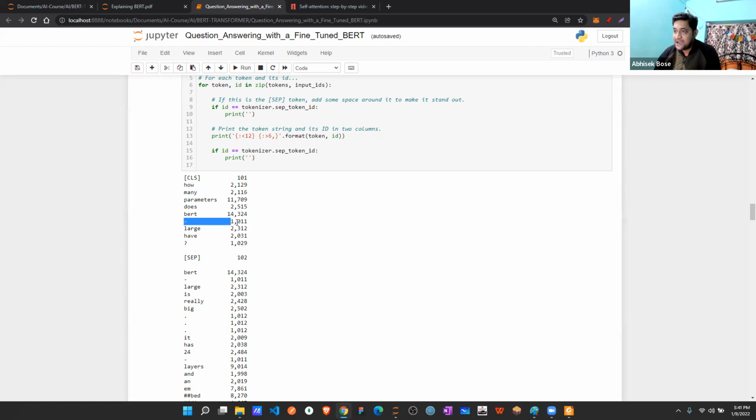Just check this hyphen, the encoded value of the token is 1011. See over here, we also have a thing that is also the same, correct? This dot, same, hyphen, same, correct?